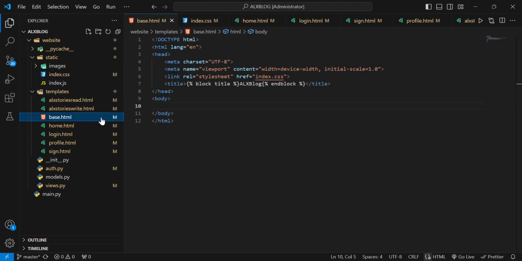So I'll come back to my base.html, and I would actually continue. I've been able to remove the default paddings and the default margins using CSS, and I've also been able to set the font family to be used throughout my website. And so the next thing I want to do is I want to create my navigation